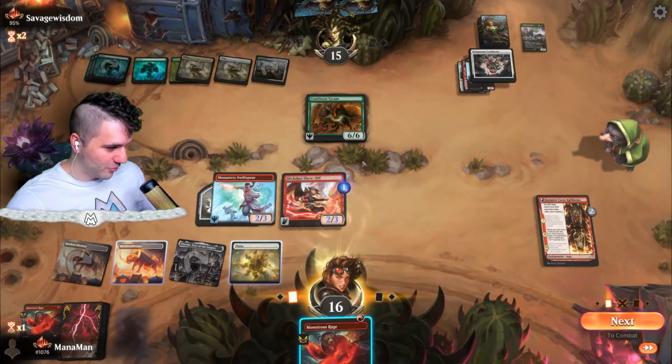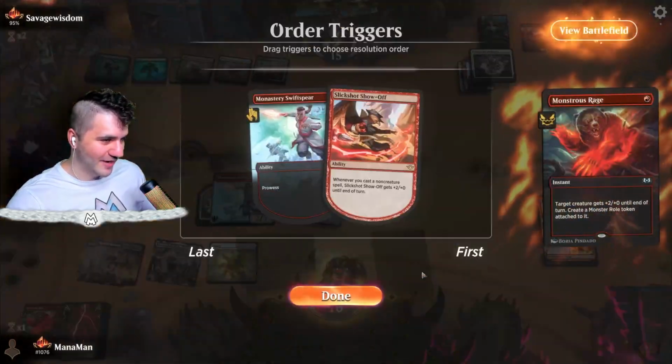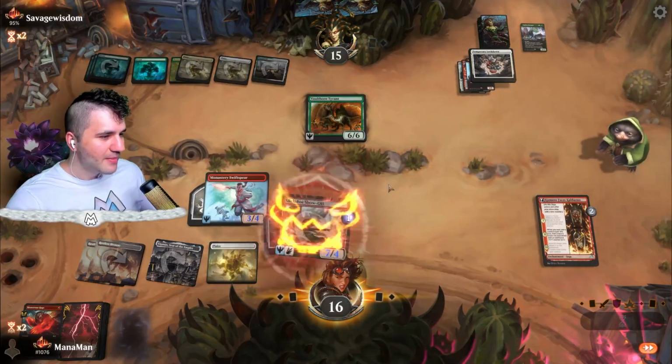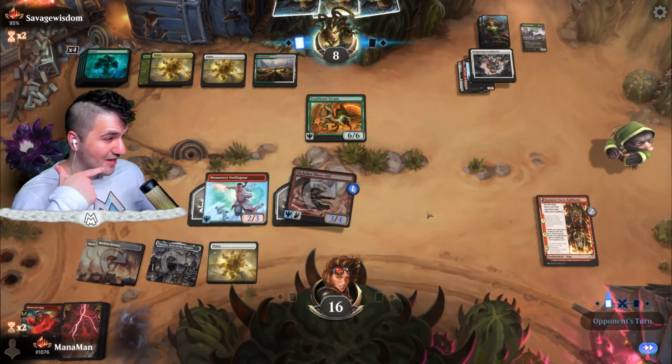I love the Voltborn Tyrant here, but I think we're just going to have to push for damage. Yeah, I'm just pushing for damage here. Cannot swing in with the Swiftspear. Because the thing is, even if we do kill the Voltborn Tyrant with the Monstrous Rage, it comes back and they just gain more life, so...